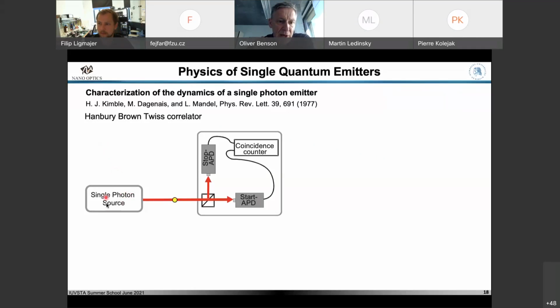And let's assume you have a source and you think the source should be a single atom-like object, and you expect this object can emit light. And if it's a single emitter, it can emit individual photons one by one. And what is done? You send them here on a beam splitter, and you have two detectors. And these two detectors are capable of detecting individual photons, so like in a Geiger mode, so it makes a click when one of these photons is detected.